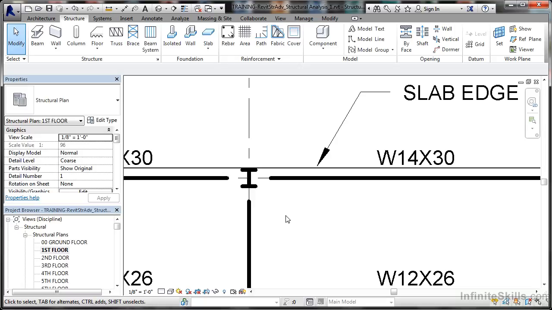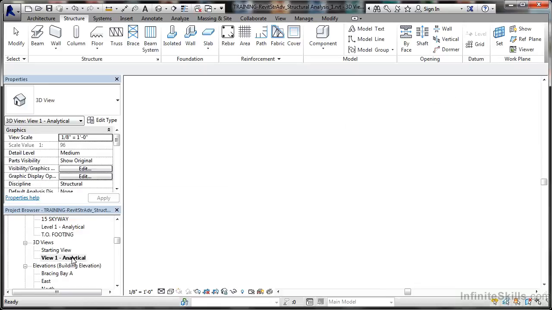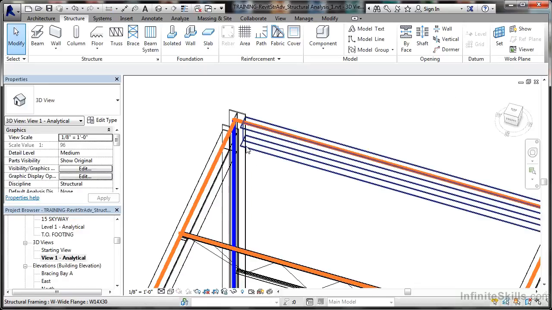And the same connection in 3D would show the beams cut back further from the column to show a more accurate real-world situation. So if I go to the 3D view here in the project browser and go here, you can see they're cut back. The beam doesn't actually go all the way in to the central part of the column there. Can you see that? There's the flanges of the column there, and the beam does not go all the way in. But the analysis representation, the orange and the blue, do, because obviously they have to join together for their